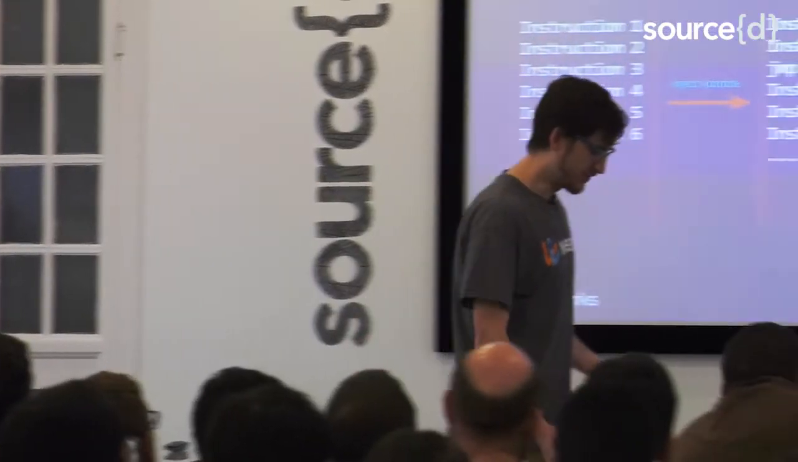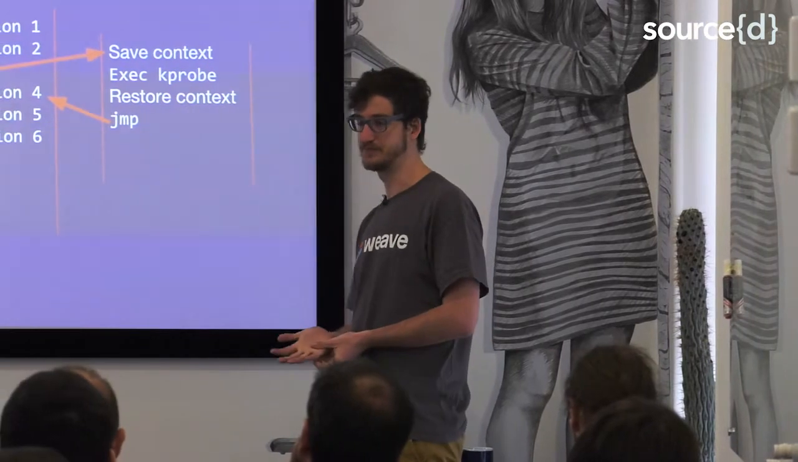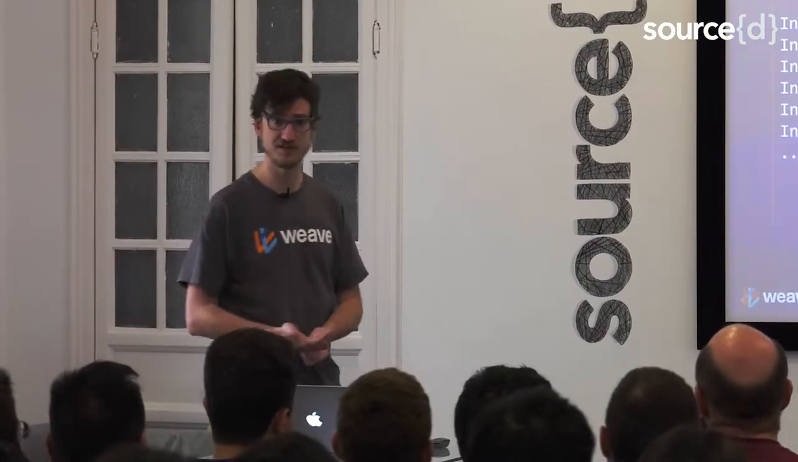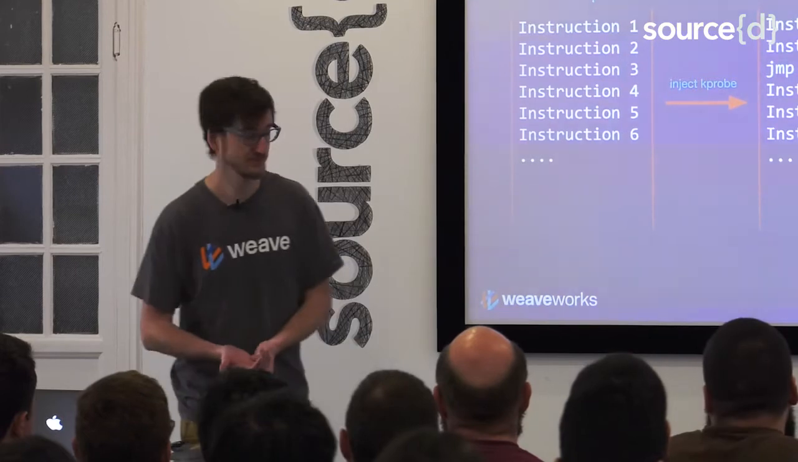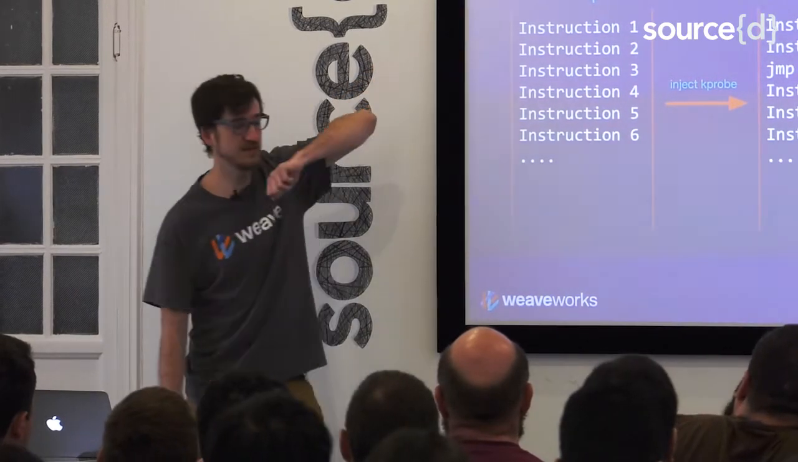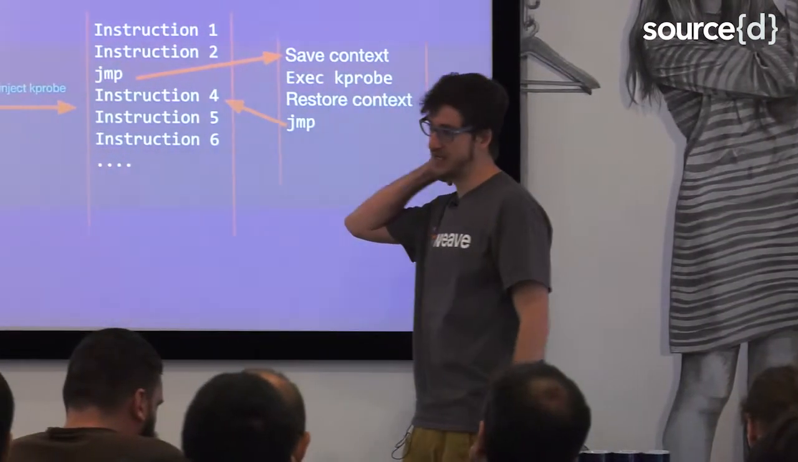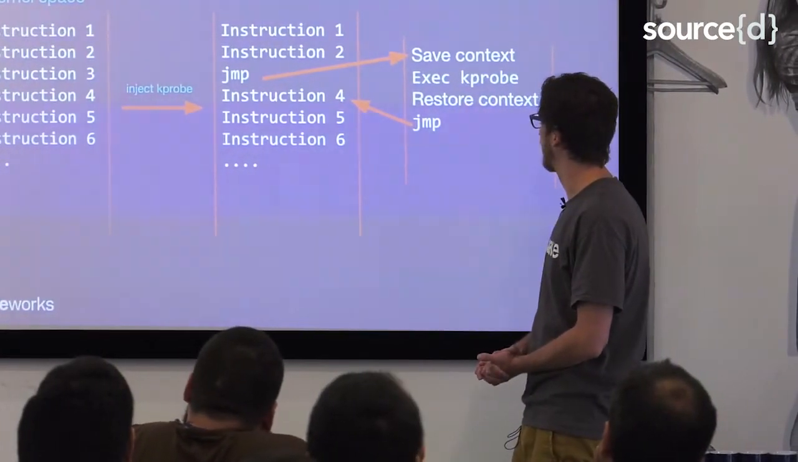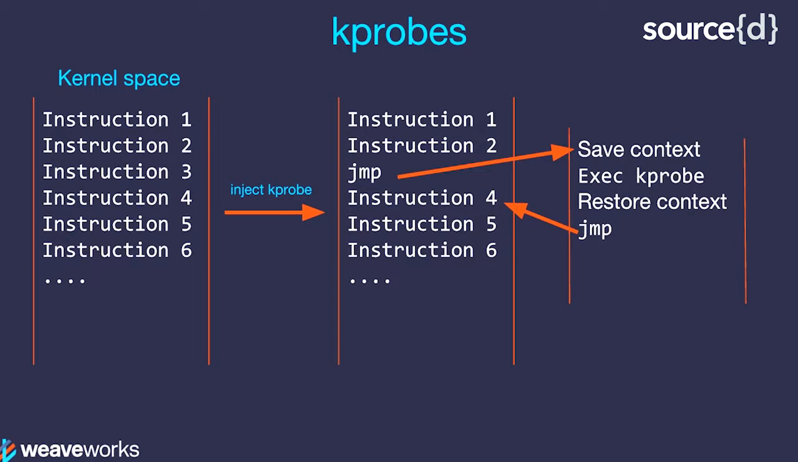But before we jump deeper into eBPF, let me describe a feature of the Linux kernel for you. This was introduced in 2.6 or even earlier, so it's been in mainline for a long time. And it allows you to do dynamic tracing. So let's assume this is kernel space memory, and you have a bunch of instructions. You want to see what's happening when the kernel executes instruction 3. So what Kprobes do, and this is the optimized version,